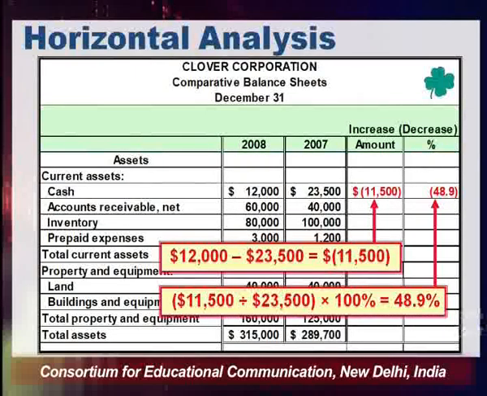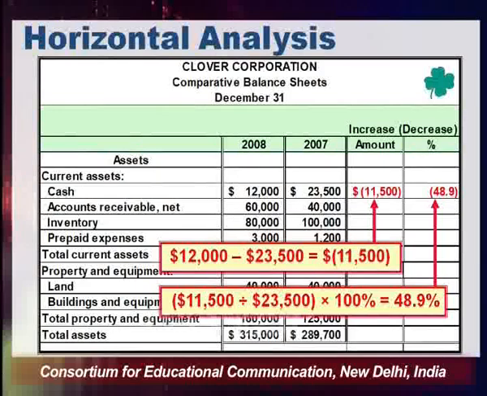Okay. So I will not take all the data set, but I will talk about how we calculated the first line, the first row here. The first row is basically talking about the assets, and within the assets it is talking about current assets, and within the current assets we are taking the first item as cash. Okay. So how much was the cash in the previous year? If you look at the data, 23,800, sorry, and in the current year it is 12,000.